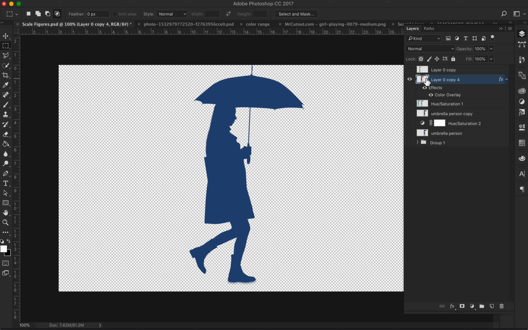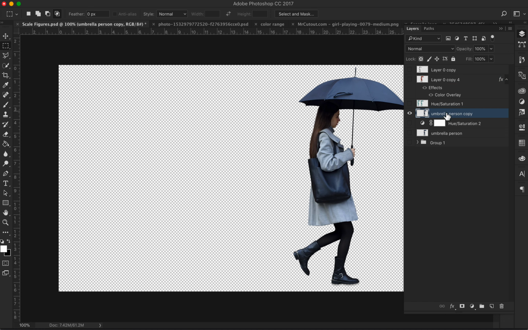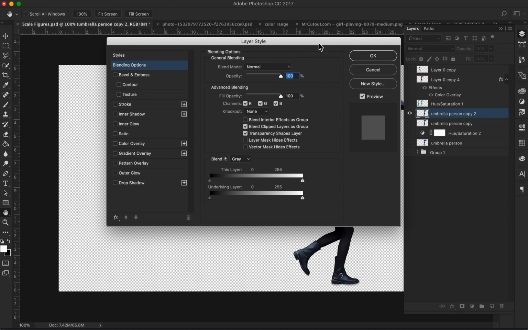Another way to do scale figures is what's called a silhouette. Think about it as like the figure ground. So if I have my umbrella person, I'm just going to duplicate this layer by clicking, dragging, holding it down, and dropping it on the new layer button. Now I have umbrella person 2. But to make it a silhouette, you can double click